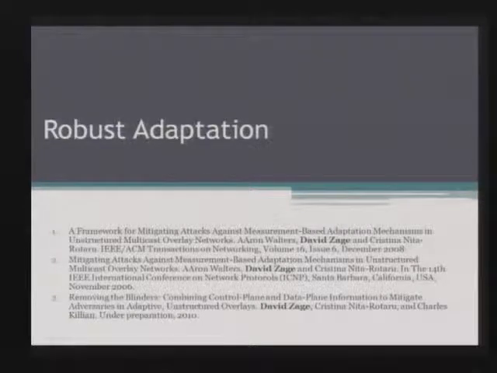So the second component we'll actually look at is robust adaptation. And so what adaptation allows peer-to-peer systems to do is to be able to change their structure, change their topology, change the way they function in order to better service the system or service the user and to maintain certain service guarantees. For example, if you're watching TV and you need to maintain a certain amount of bandwidth, adaptivity allows the network to change its structure to make sure that the user is always receiving enough bandwidth in order to maintain a smooth signal and not have a choppy playback.